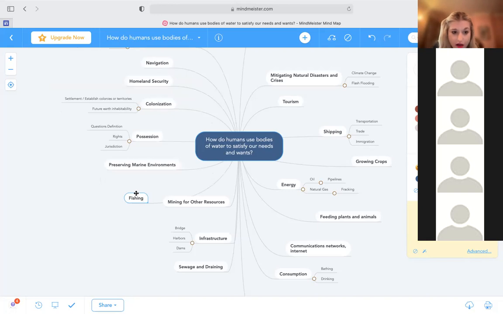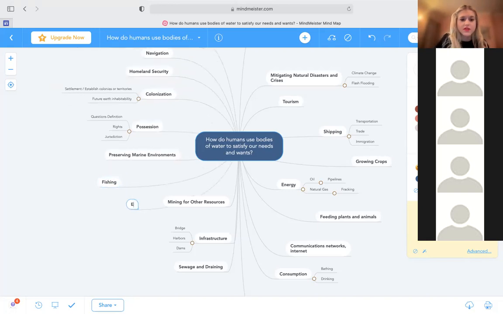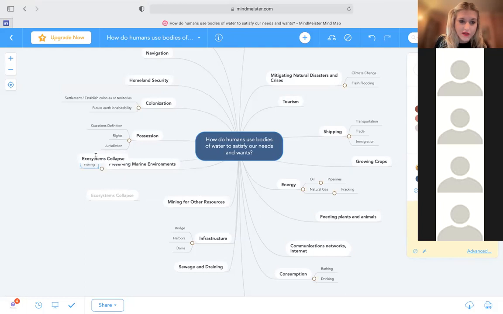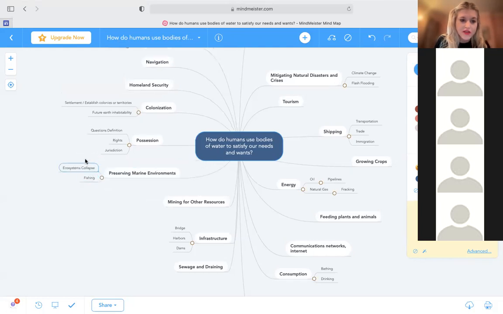Or also ecosystem collapse. Arguably we need to save species from ecosystem collapse, because ecosystems collapsing in the water could have a domino effect and could end up influencing us, right? If we think of the ecosystem of the water as a resource itself, because if the body of water became an uninhabitable ecosystem, it would threaten us. That's another way to think of it.